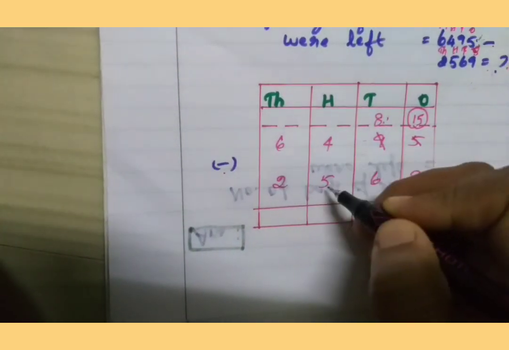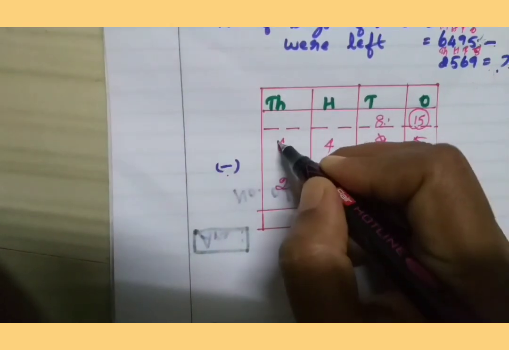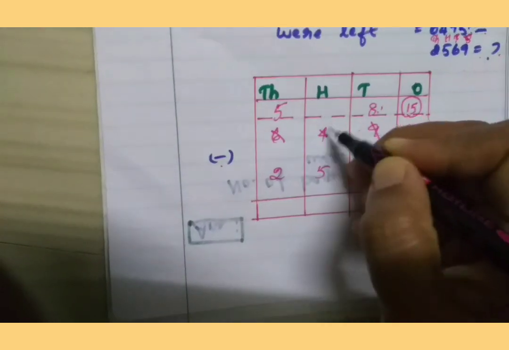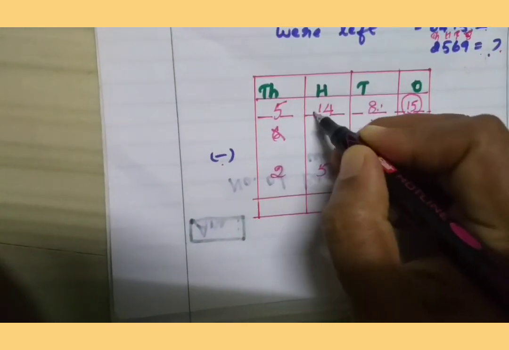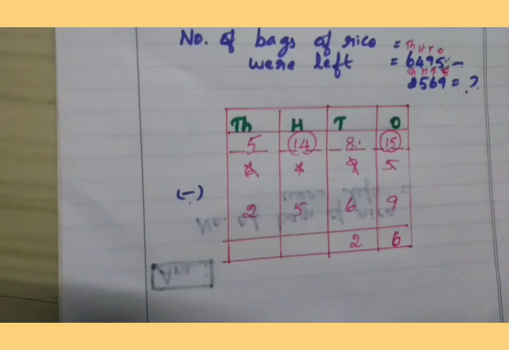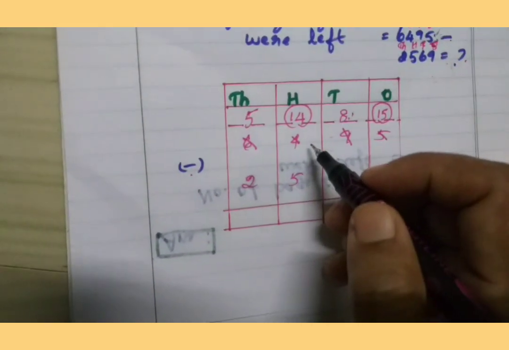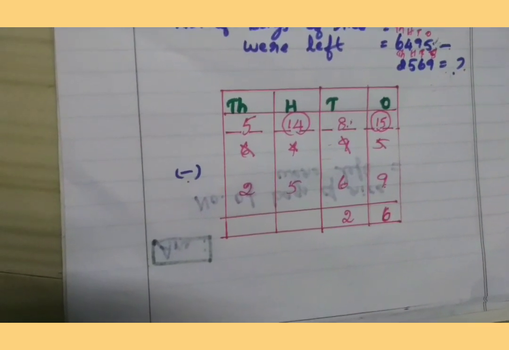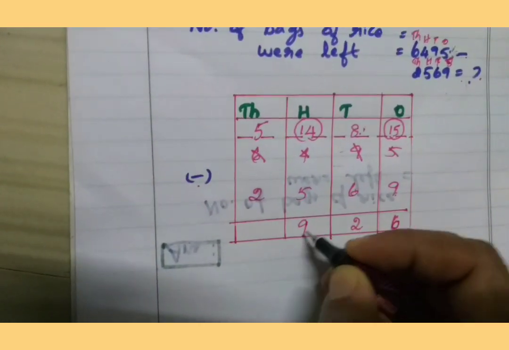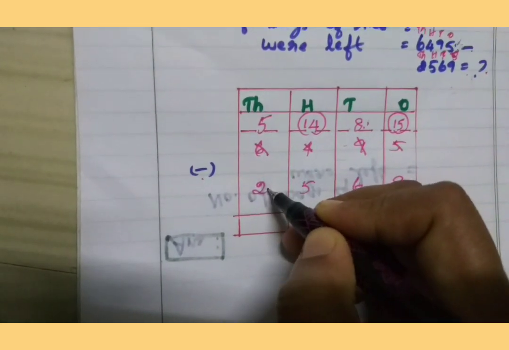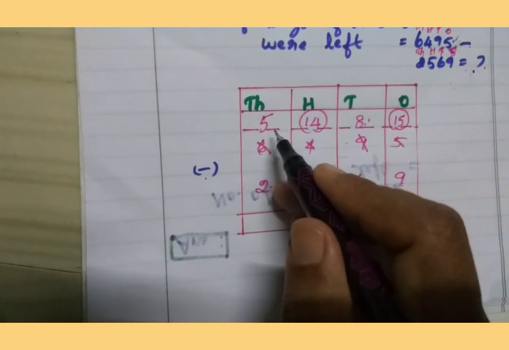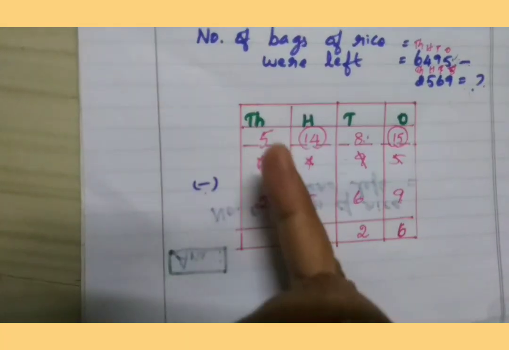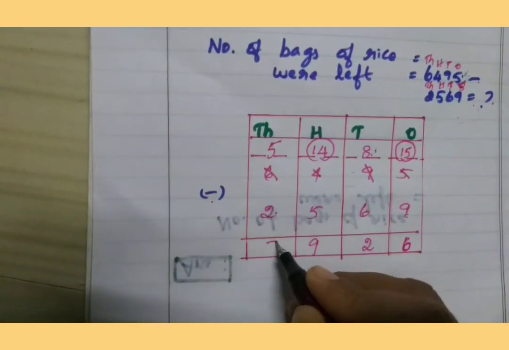And here where is the greatest number? Below. Below means you have to borrow from the nearest place. You cut and write the before number, and already they gave a number, so you got 14. So 14 in the mind, 5 in the finger. 14 before: 13, 12, 11, 10, 9. So the answer is 9. Then 5 in the mind, 2 in the finger. 5 before: 4, 3. So the answer is 3.